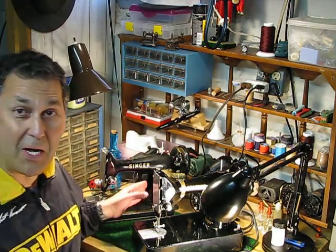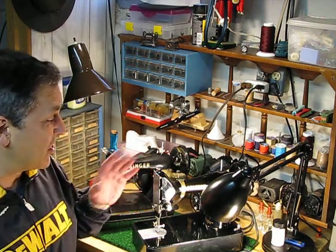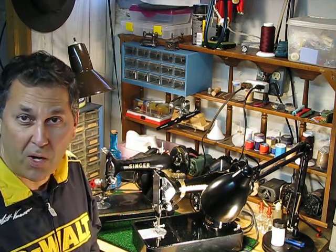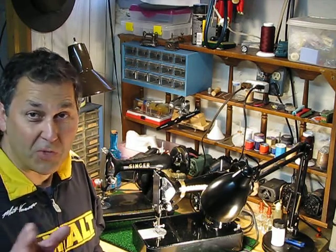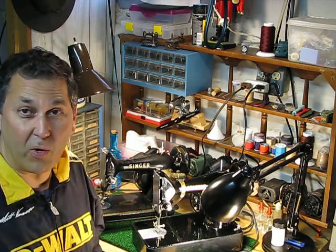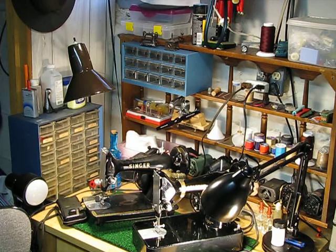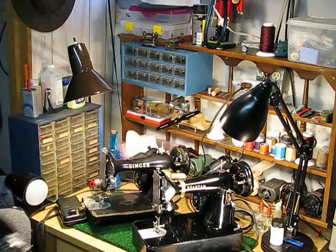Again, remember, this 99K has not been restored or cleaned yet, so it's going to look pretty crusty. The Spartan has a couple of final little touches on it that I'm going to do and then get it shipped off to Mary in Peoria, Illinois. So I won't say go Bears, sorry Mary, but great state, great customers I've had from Illinois as well. So I'm going to step away and let you take a closer look at these great machines, and then watch for those other videos where I'm going to be highlighting what Mary's machine is capable of doing from a sewing standpoint. The other thing I should point out real quick before I do that